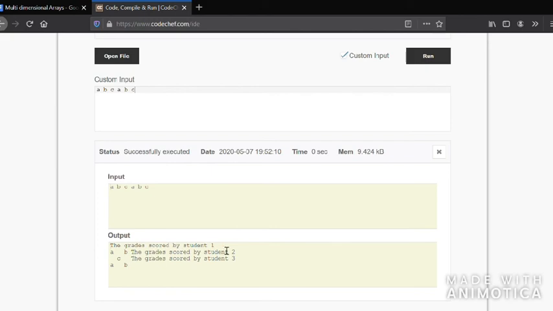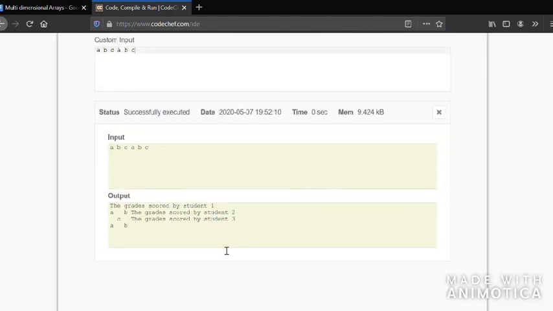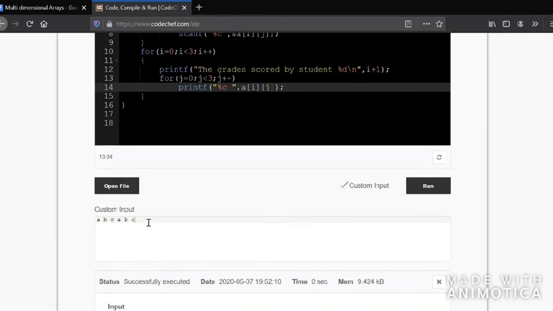Okay, there's a small problem here. It's 3 cross 3, so each student should have 3 grades. Since there are 3 grades for 3 students, the total number of grades will be 9, but I have given only 6 here. So let's give another ABC and try again.